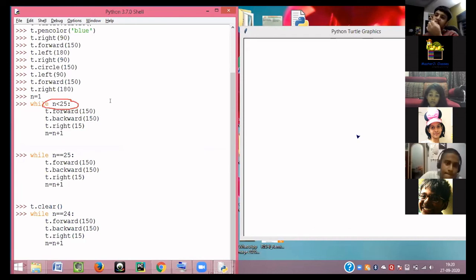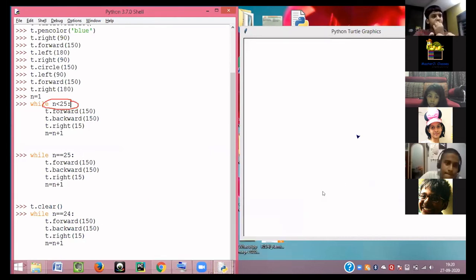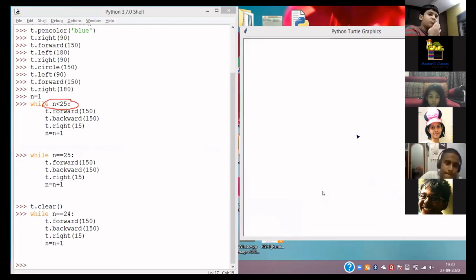Sir, can I ask my query? Yeah. As he said, when n equals to 24, so n equals to 25, will it work or not work? No, it will not work.